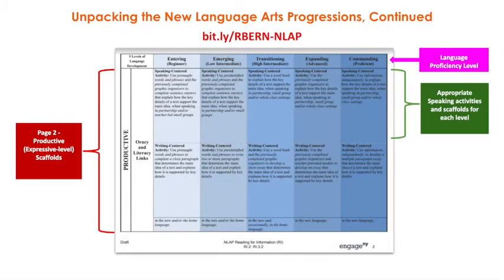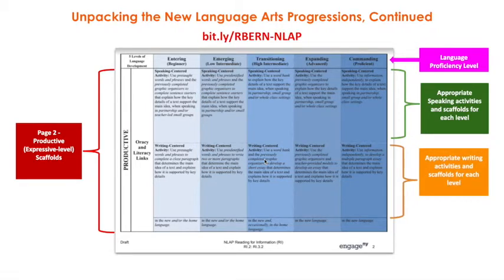Underneath the speaking activities and scaffolds, you will see appropriate writing activities and scaffolds for each level. So let's once again look at the entering column. A writing-centered activity for an entering level student would be to use pre-taught words and phrases to complete a closed paragraph, which is a paragraph with some of the words missing, some of those pre-taught key vocabulary, that determines the